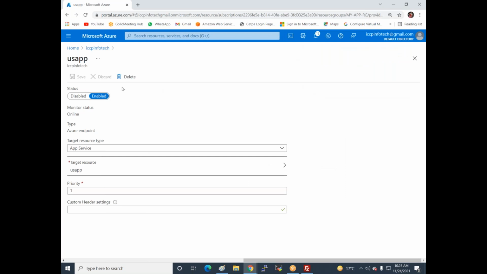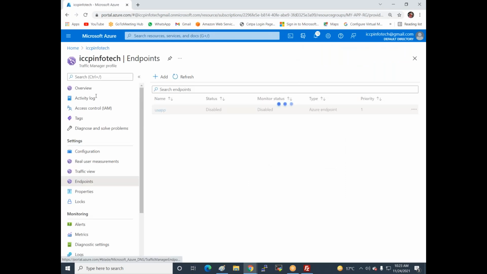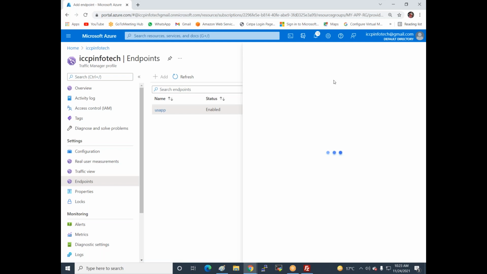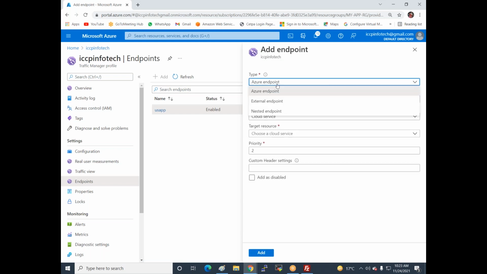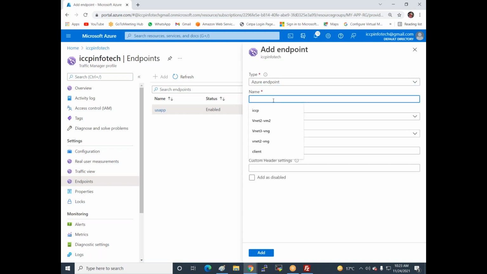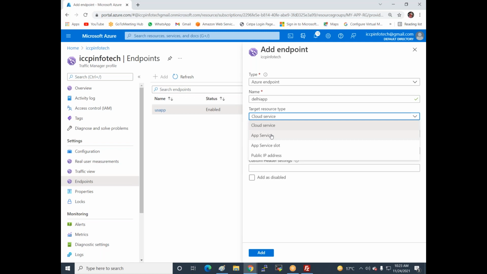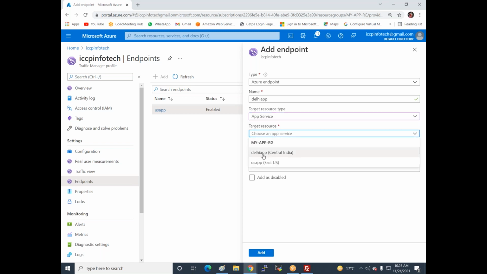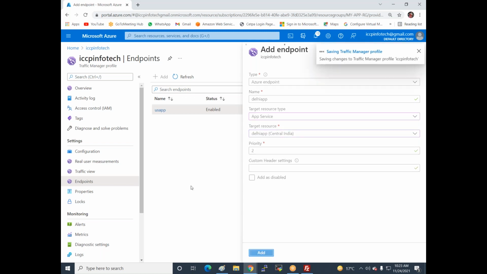Now I'm adding one more app service, one more slot. I click on endpoint, then click on add, and choose Azure endpoint. Now the name is Delhi app, and for cloud services I choose app services. Choose the service in the Delhi app, priority is 2, and now click on add.